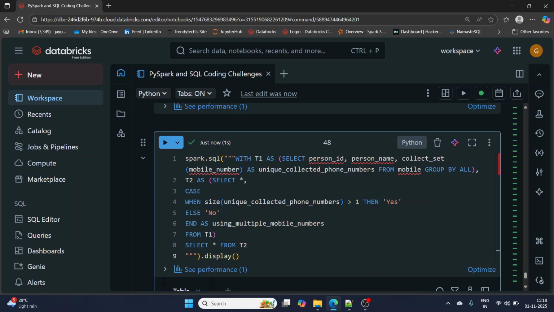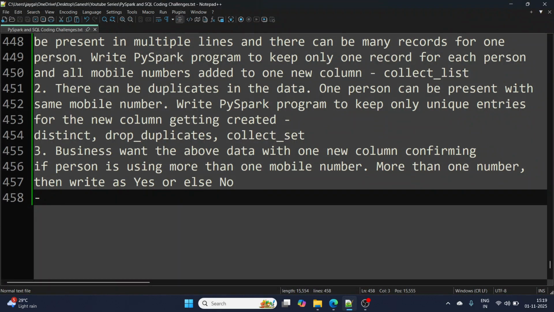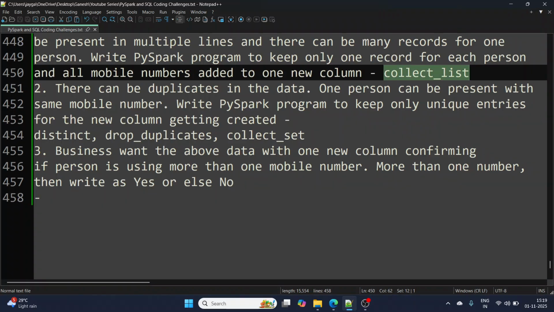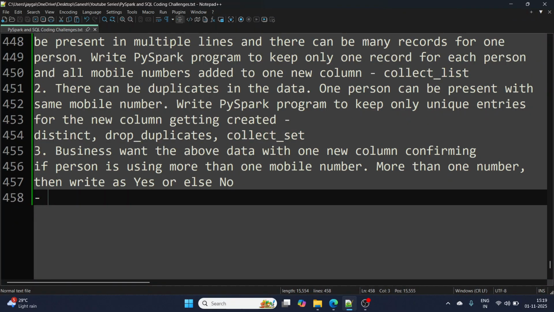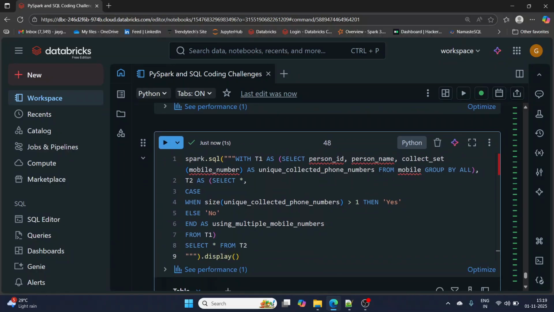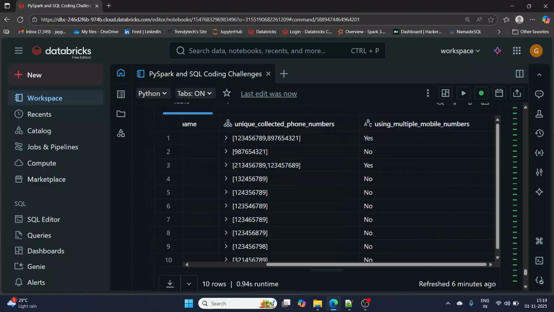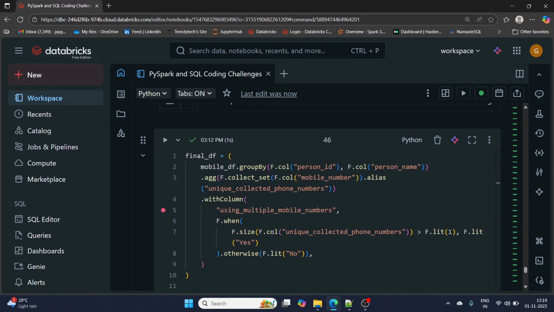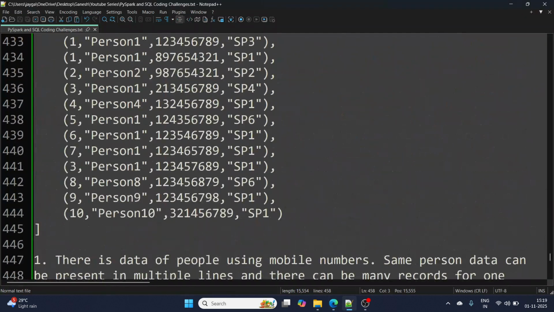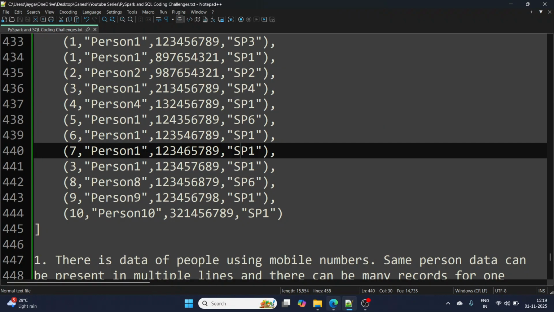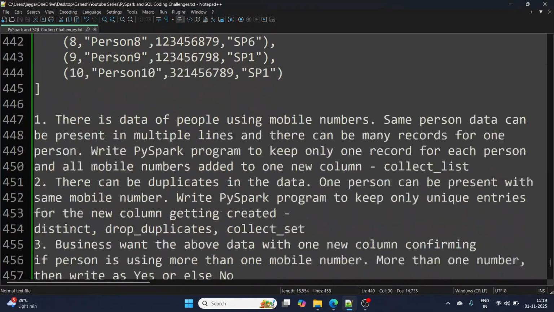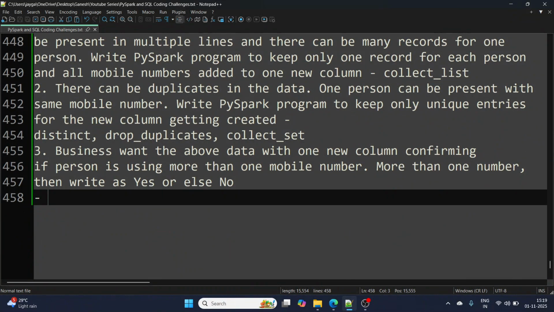So yep, that's what I wanted to walk you through. In this challenge, I think what we have learned is collect list and collect set, the two new transformations. And I think we have revised many things, group by and this stuff, right? Case when also we have observed, we have just made a practice using SQL, and when otherwise using PySpark, right? But it's very important to understand the problem statement. Now here we have ignored service provider because that is not relevant for us, right? Okay, that's all. Fine. I think that's everything for this challenge.